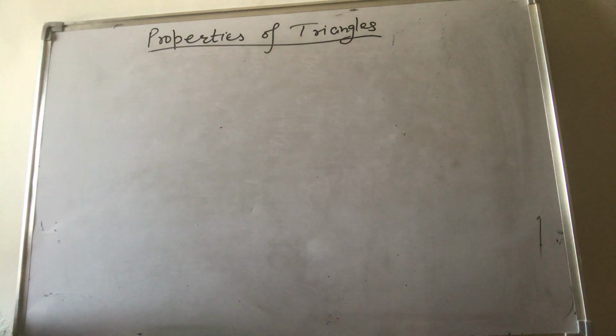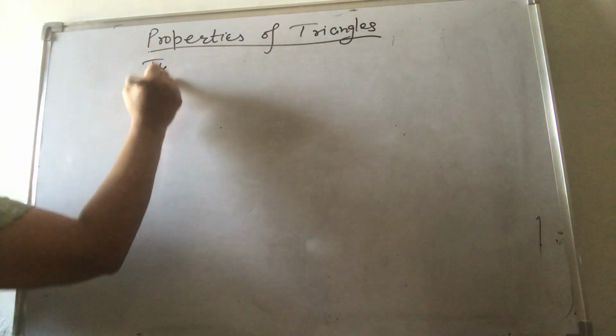Good morning everyone. Today we are going to start the new chapter, Properties of Triangles. Recently you have done the chapter Lines and Angles. There you have done different types of angles in between the parallel lines. So you have to keep that chapter also in mind while doing this chapter, Properties of Triangles. The first topic in this chapter is types of triangles